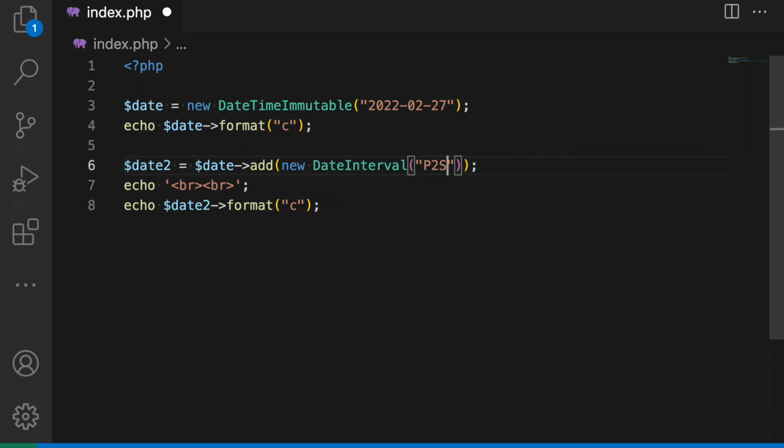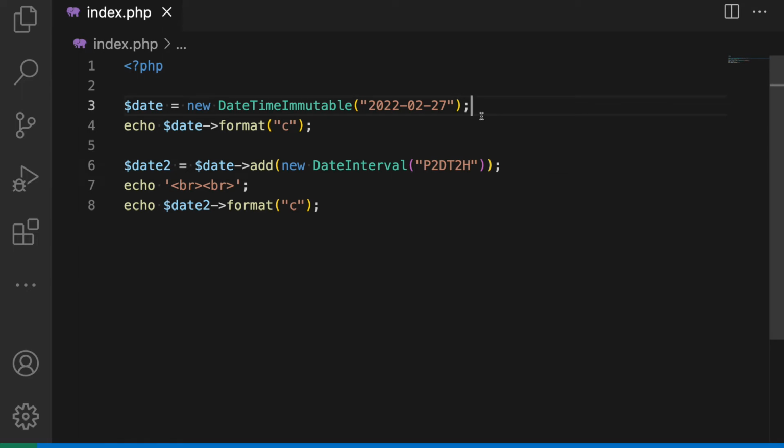If the duration contains time elements, that portion is preceded by the letter T. Here is the example. P2DT2H, which means 2 days, 2 hours.